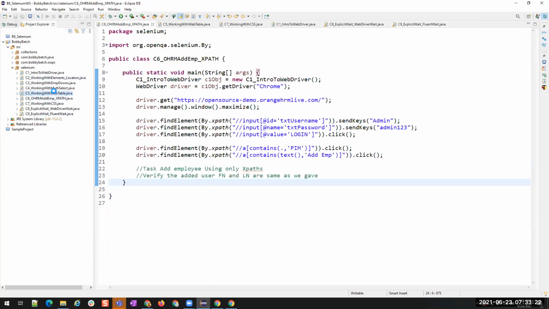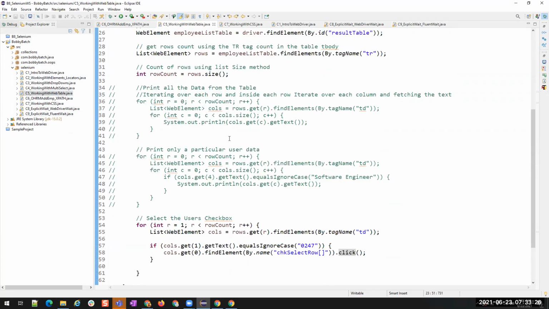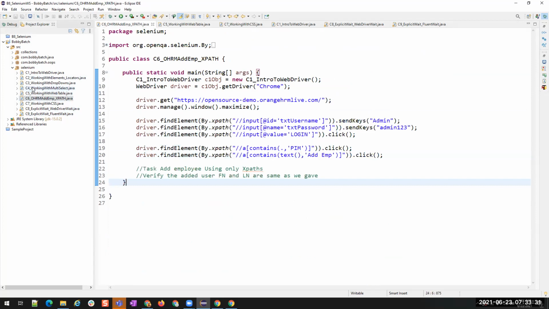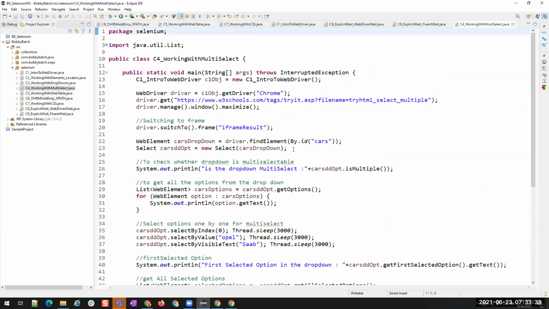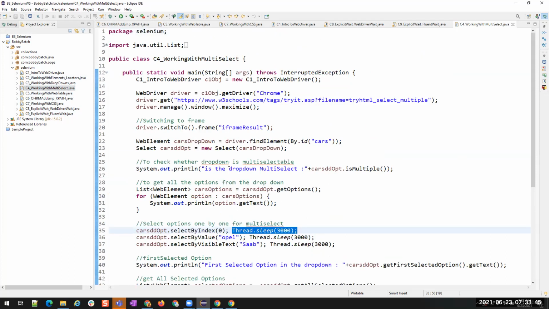Where did I use it? Somewhere, for some reason we used it, right? In which class did I use it? Yep, here. For working with drop downs, I used Thread.sleep, right? Do you remember, 3 seconds, to show that this is selecting multiple values, and also to see whether the values are getting changed or not?